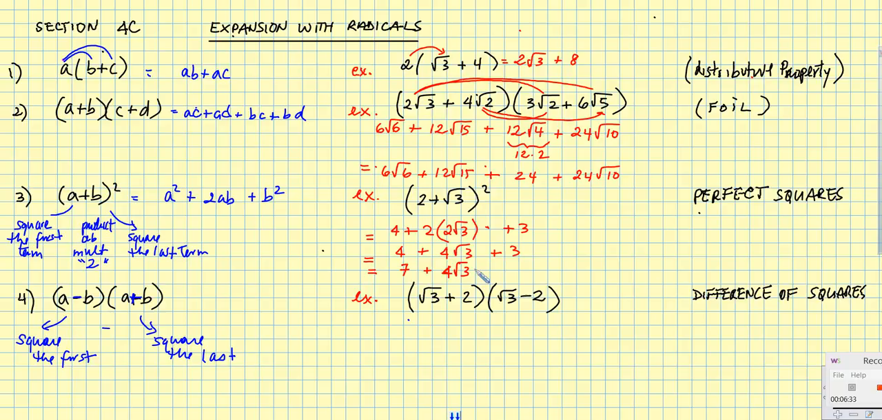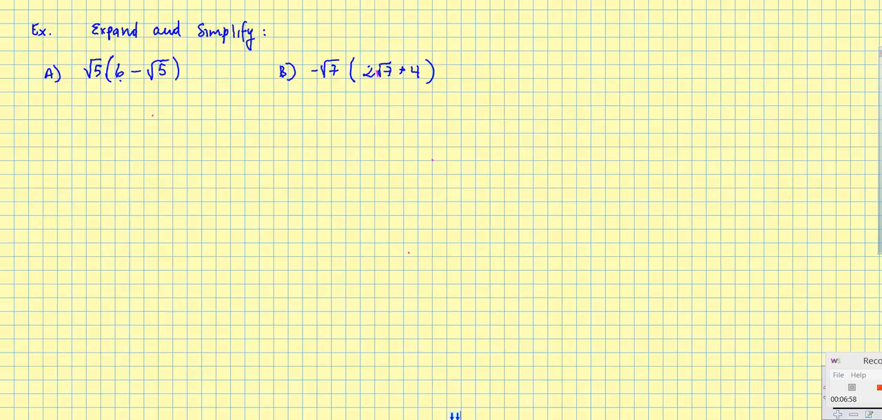Okay, and then the very last example is one with difference of squares, and the one with the difference of squares just says to square the first. Root 3 squared is just 3, and then 2 squared is just 4, but there's a minus in between, so that's going to go to 3 minus 4, which equals -1. And we're done. All right, all we're going to spend the rest of this time now doing is just